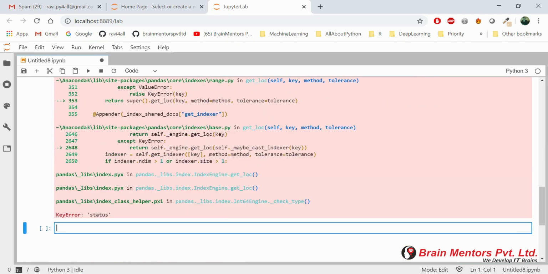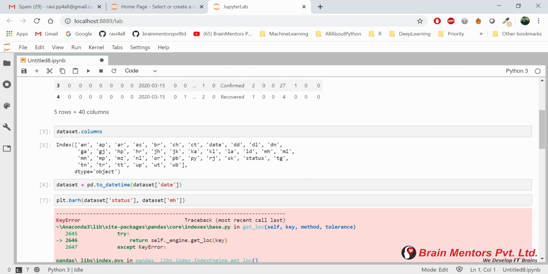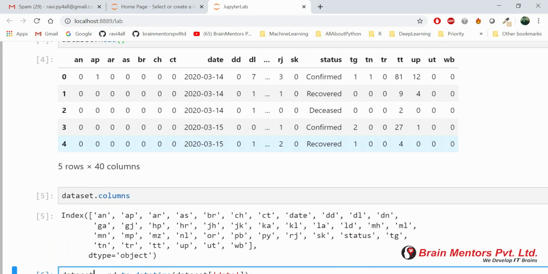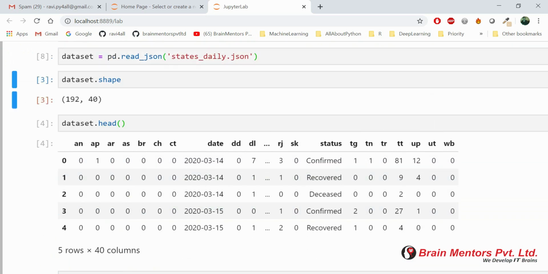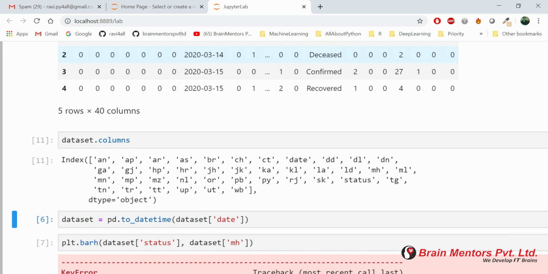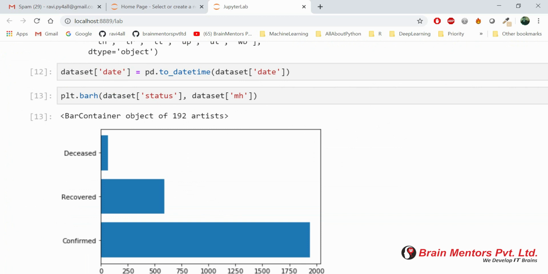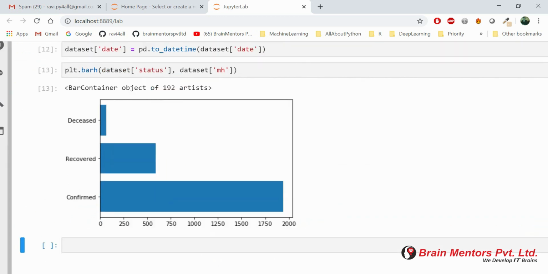Status is giving a key error. Okay, my bad. So do one thing, just shift enter, execute again, and we need to write here that we are working only for the date column, and then again run this. You will see this output.